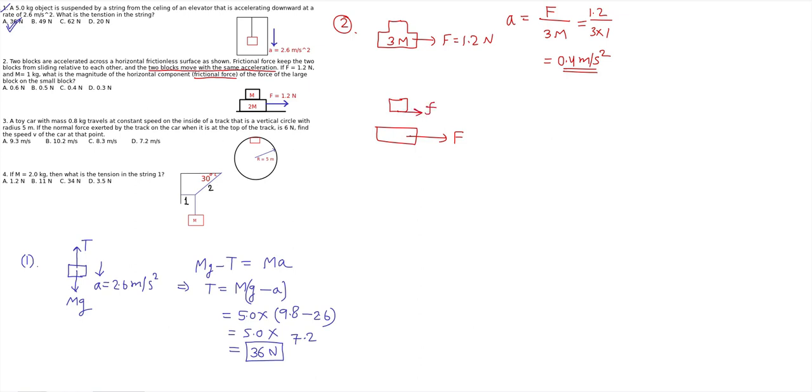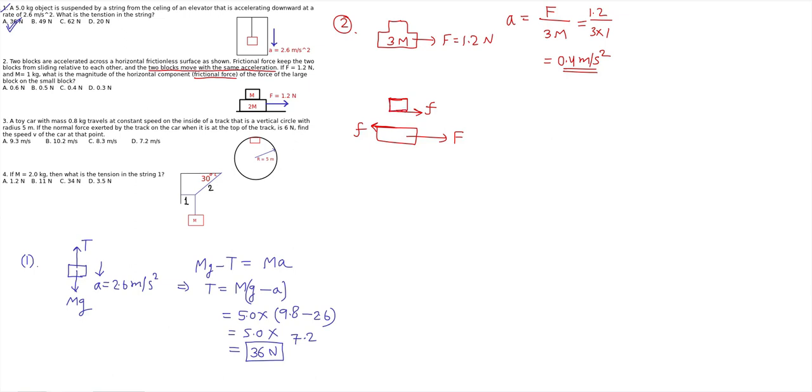Let us say this is small f, and the reaction pair of this small frictional force, or small f, will be acting in the backward direction on the bigger block. So these are an action-reaction pair acting in opposite directions. And we don't need to care about the bigger block, we can just consider the smaller block to get the